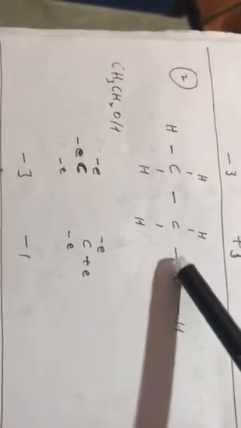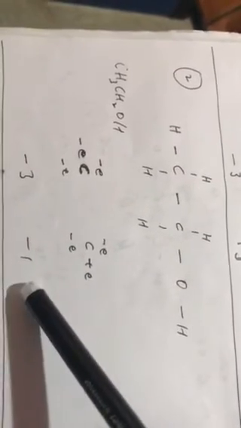Now for this carbon, this bond, nothing will happen. But this bond and this bond, minus E, and this bond, because oxygen is more electronegative, both electrons will go to oxygen. So carbon will lose its electron, so plus E. So the total charge is minus E. So that means oxidation number is minus 1.